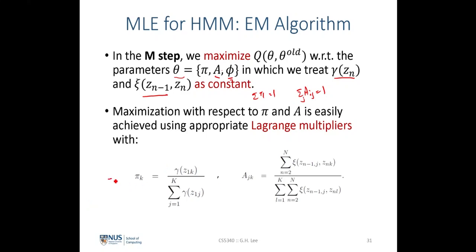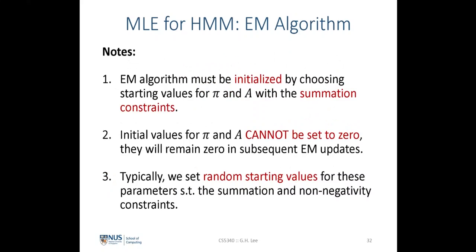So we'll end up with these two expressions for pi k, as well as the individual term of a_jk within the transition matrix. It's also very important to note that the EM algorithm must be initialized by choosing the starting values of pi and a with the summation constraint, because if the initialization violates these summation constraints, then the following steps of the EM algorithm will compute the wrong pi and a that violate